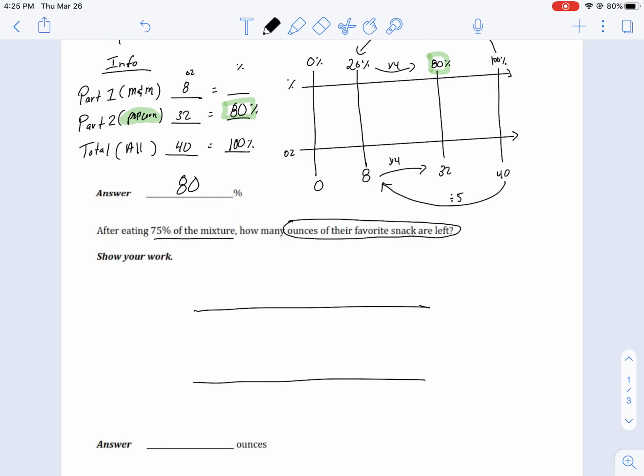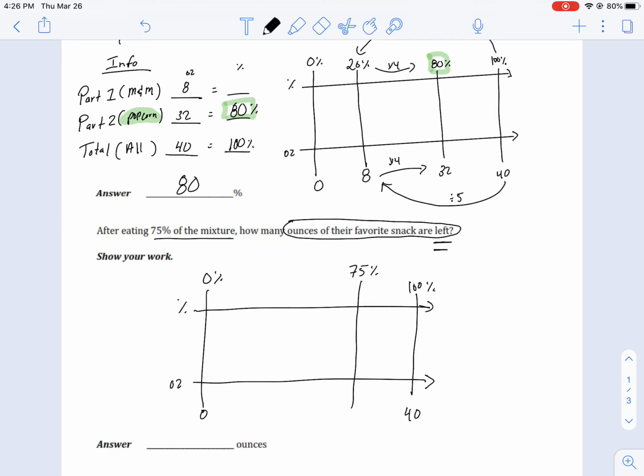Let's redraw our number line. Percentage, ounces, 0%, 100%. We know that 100% represents 40 ounces. All right, and they ate 75% of it. So, remember, this is asking how much is left. So let's go ahead